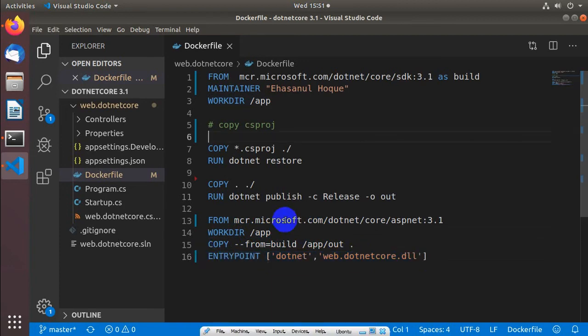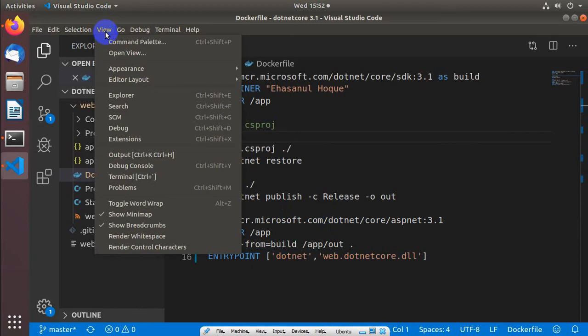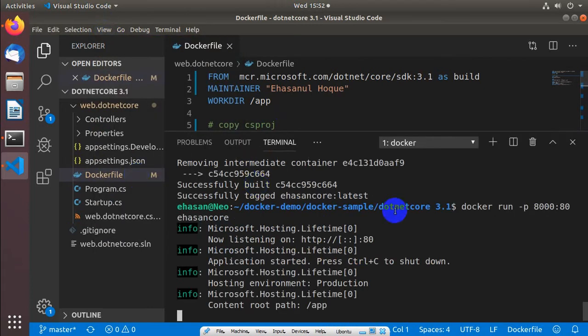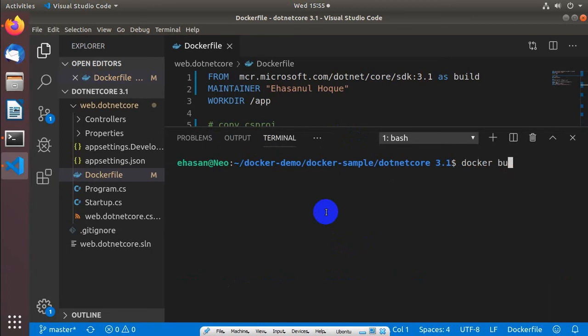Let's build the Docker file. So open the Visual Studio terminal. This is the command: docker build -t. Here I'm writing the name of the image, .NET Core F, and the location of the Docker file is under this directory. So I need to use this name.